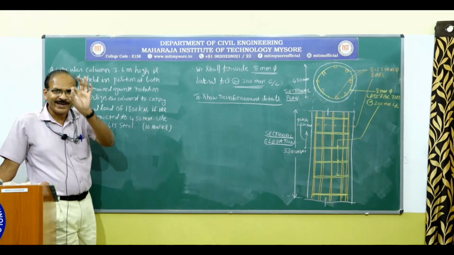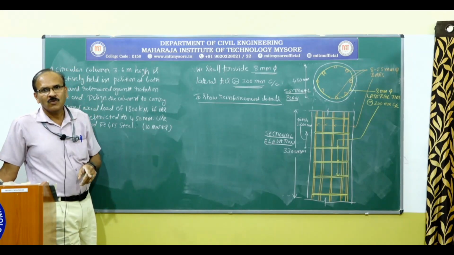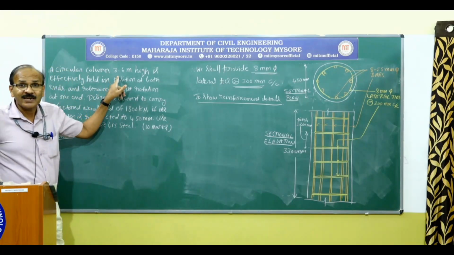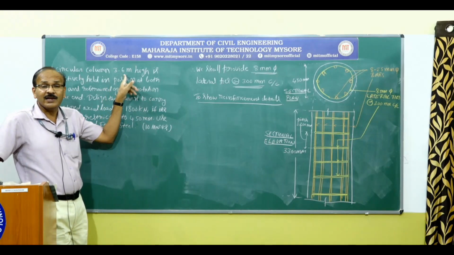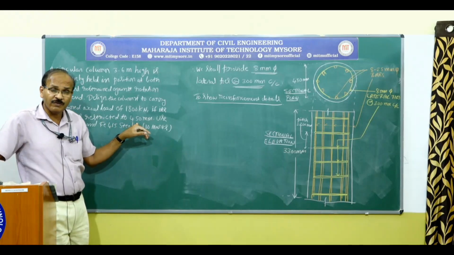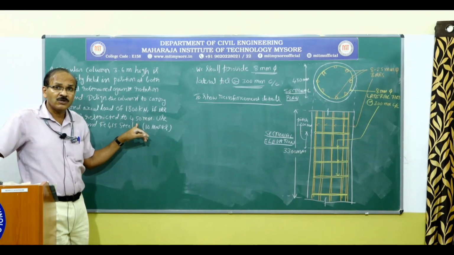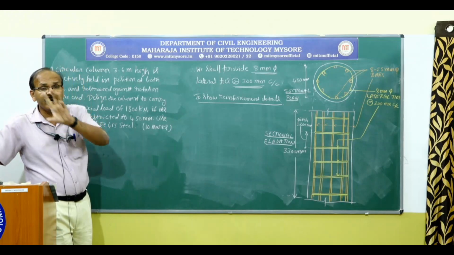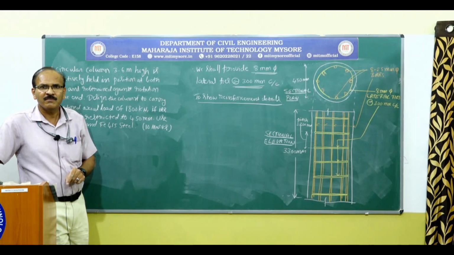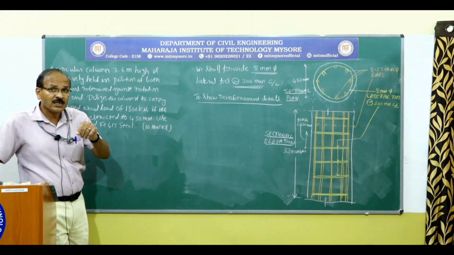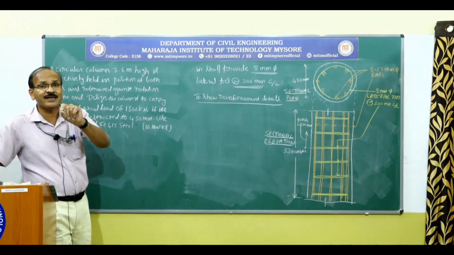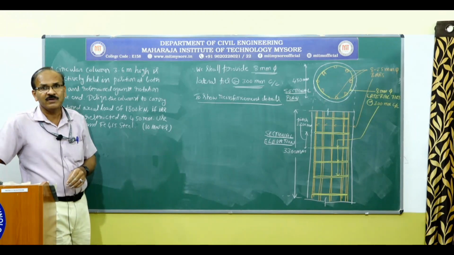Okay, slenderness ratio equal to LE by D. What is LE? LE is the effective length, which is equal to 0.8 times the L. L is 3.6 meter. So once you know the effective length, once you know 450 millimeter diameter column, you can find out what is LE by D value, and of course that should be less than 12 for the column to be short. Okay. So once that condition is satisfied, the next condition to be satisfied is E minimum should be less than or at most equal to 0.05 D.